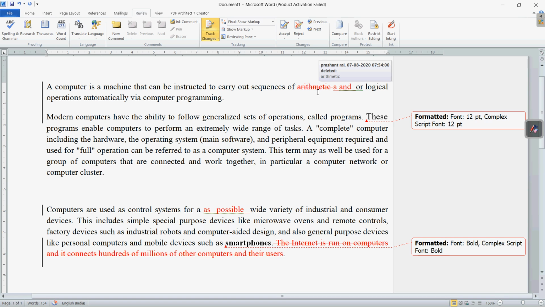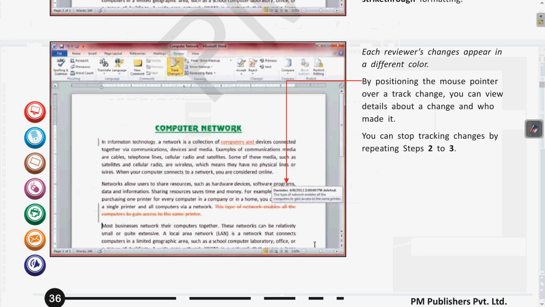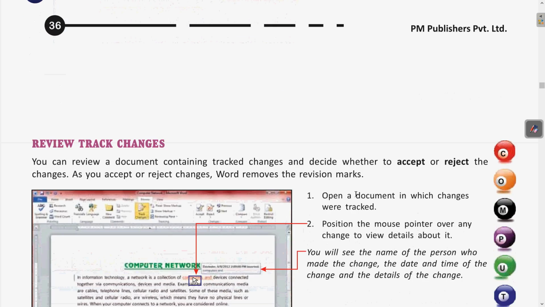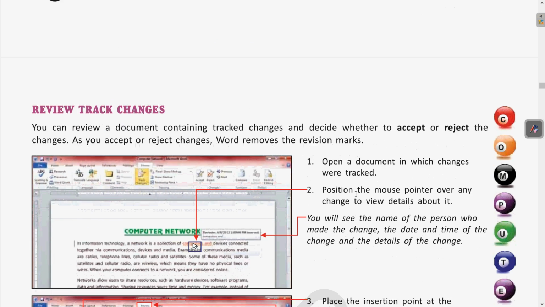Clear? So this is the specification of all these changes. So this way we can see the details of all the changes. This is the advantage of this track changes feature. Okay, now review track changes.